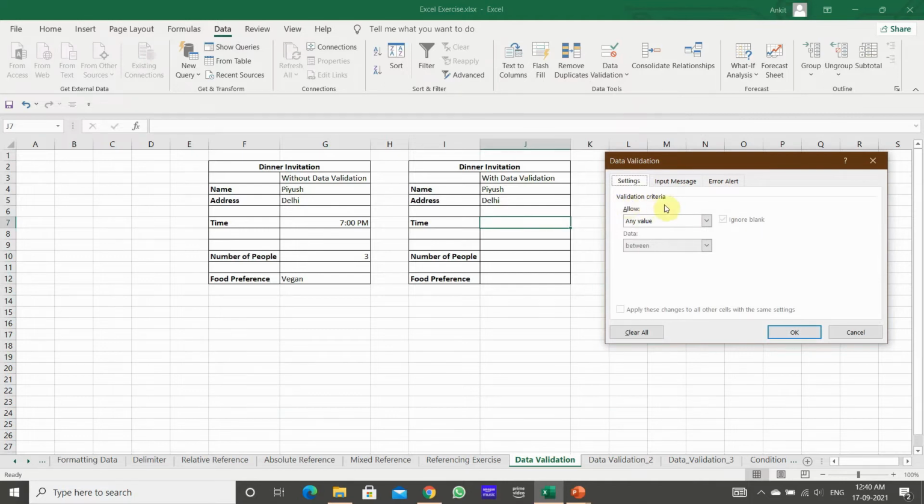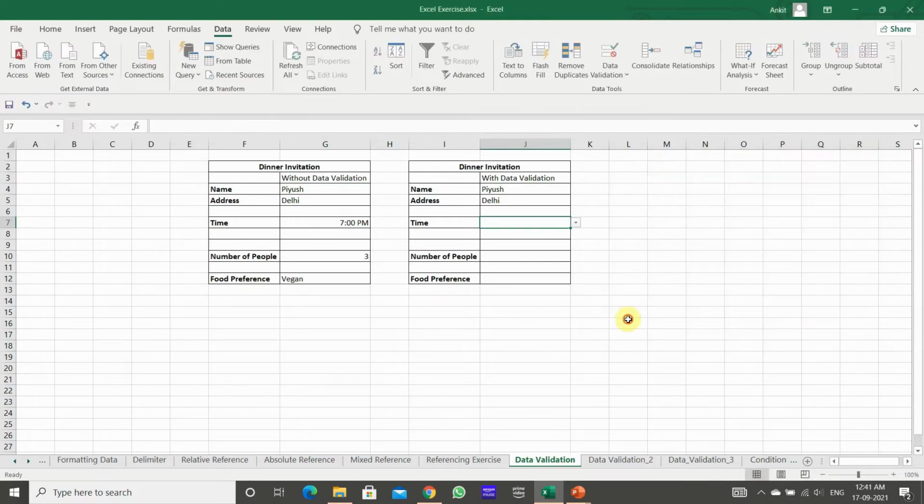In the validation criteria, Allow, you can use anything: whole number, decimal, list, date, time, text. Here, according to requirement, I will use the list, and for the source I will enter the information here: 6 p.m., 7 p.m. and 8 p.m. and then click OK.